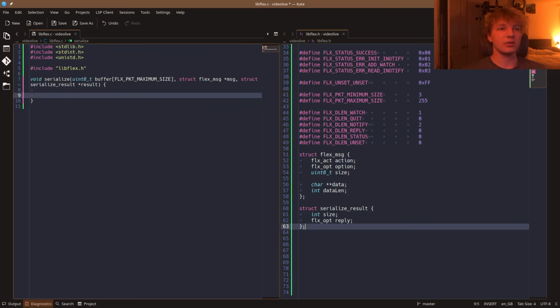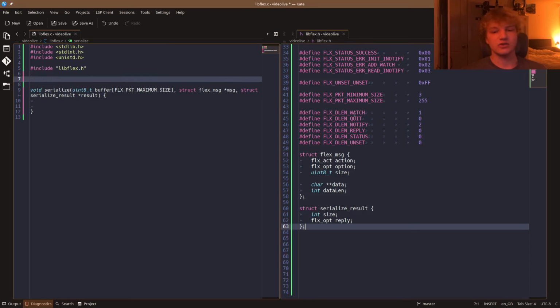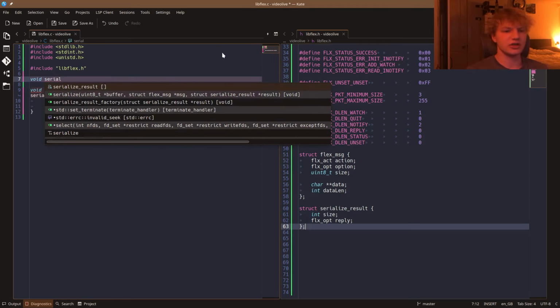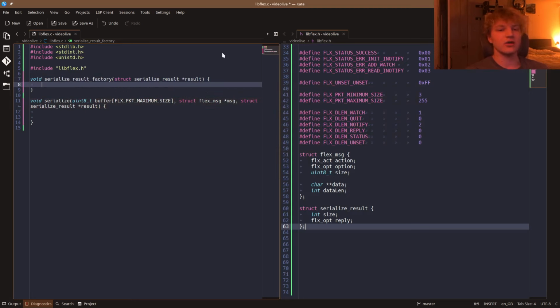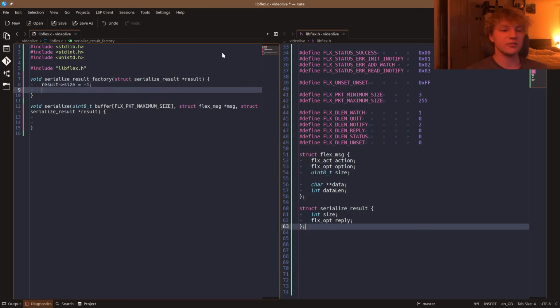So the first thing that we're going to go ahead and do is realize that we need to create a factory function. So when we pass this result in here, it could already be populated, so we want to reset it. So the first thing I'm going to go ahead and do is go void serialize result factory, which is going to take in a structure for our serialized results, and that's it. And we're just going to set default values for this struct. So result size is going to be -1 because we're uninitialized, and result reply is going to be flex